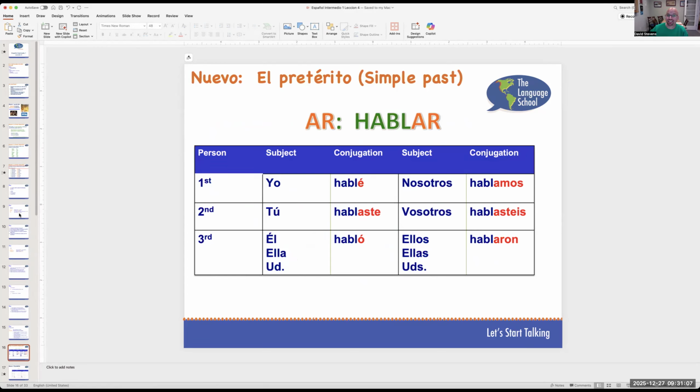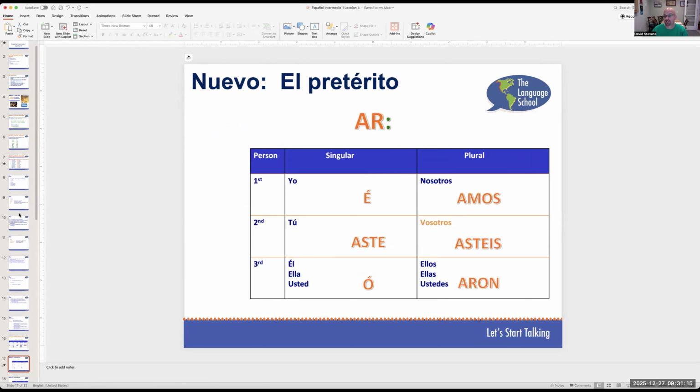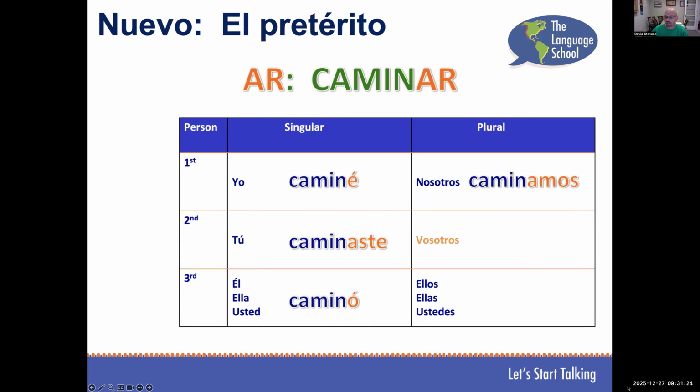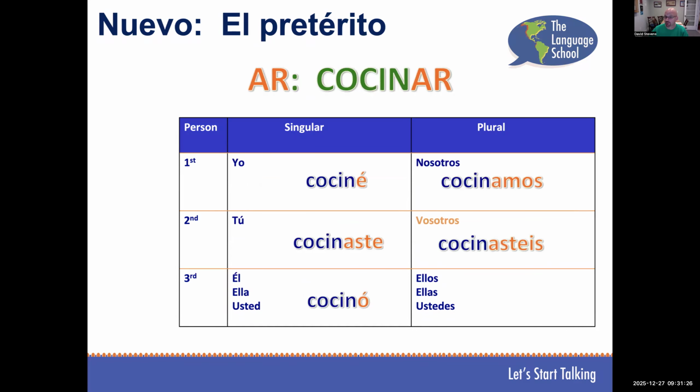All right, now we're going into the pretérito. So this is the first time students are going to be taking a look at the simple past. So we give them an example, and then we're going to isolate the endings for them, and then we have students go around the room and take turns filling out the verb chart to practice using that in the full, complete